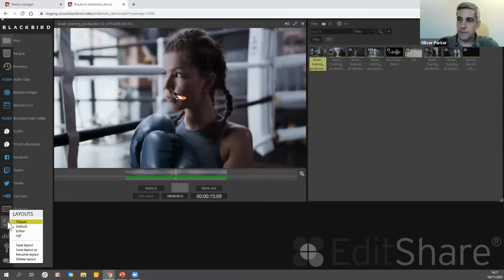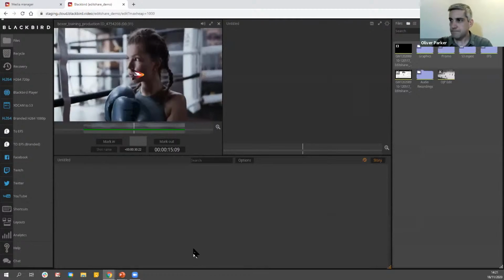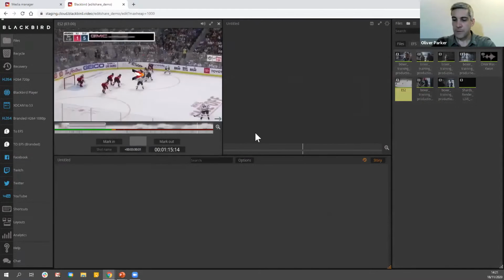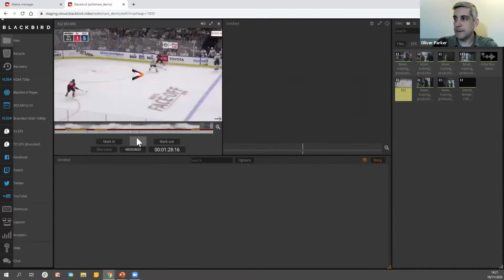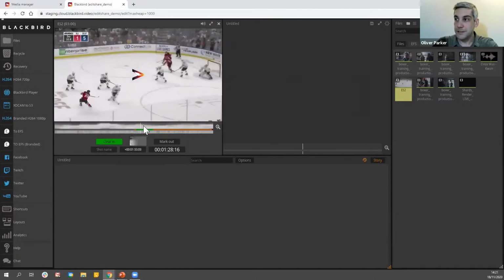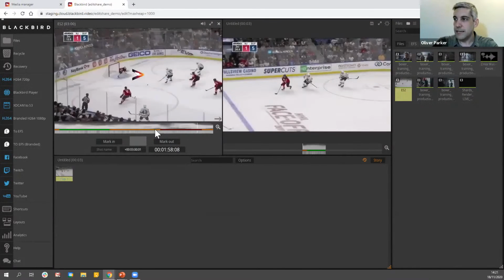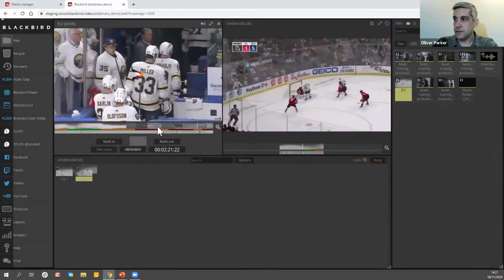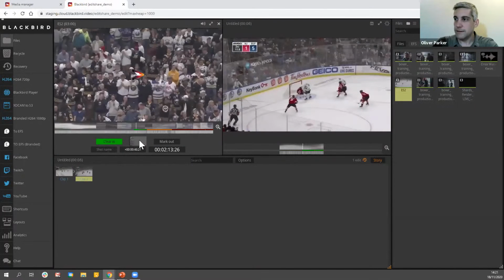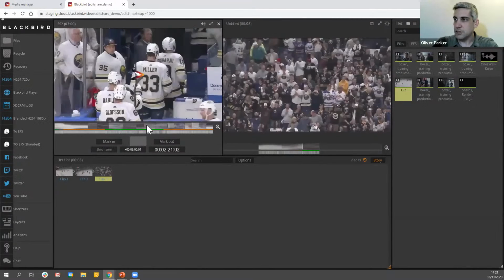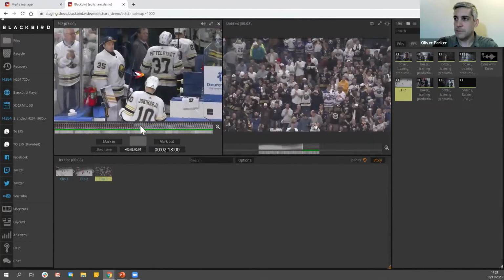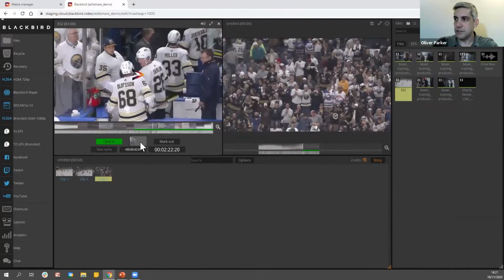Now, if I want to do something slightly more complicated, I'm going to change my layout here. In the same way, I have instant access to any piece of media within the system. Let's grab something a little bit longer form here. And instead of doing simple and short clipping, in this case, I'm going to do still pretty simple creation here, but I'm just going to generate a sequence of content. So again, I'm just dragging and shuttling through my media, instant access to any piece of this. I can visualize my shot changes if I wish to here. I can zoom in and become completely 100% frame accurate within my media here and generate a short clip.